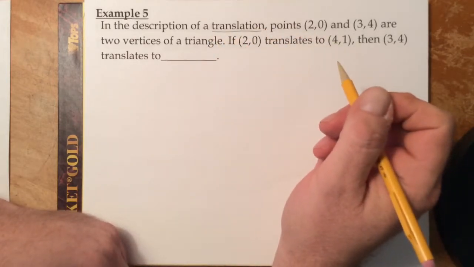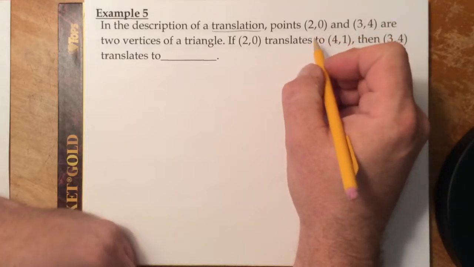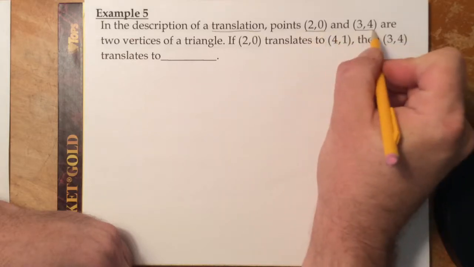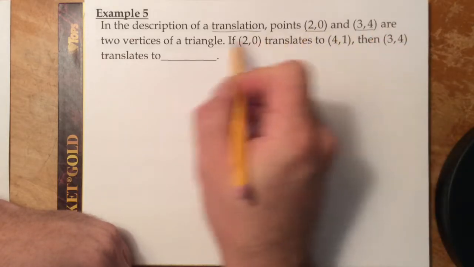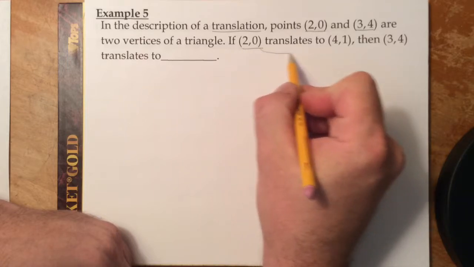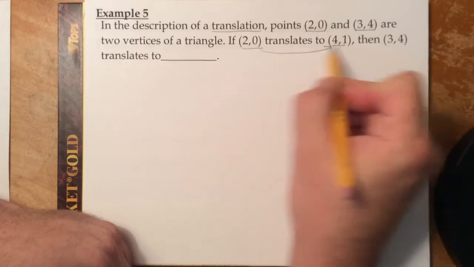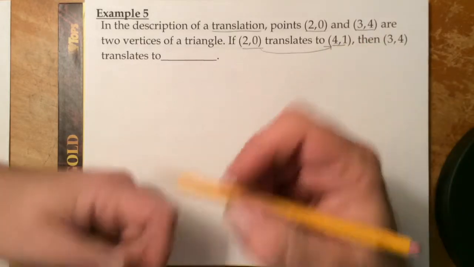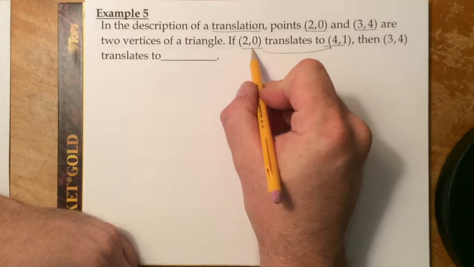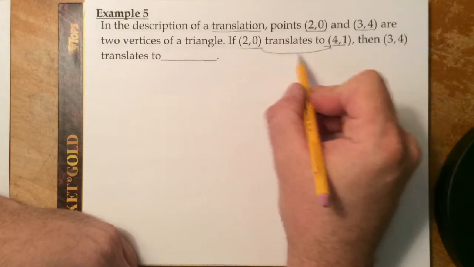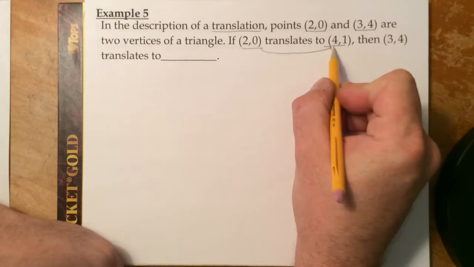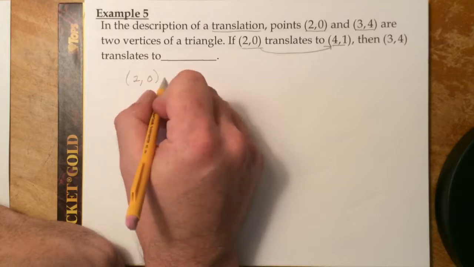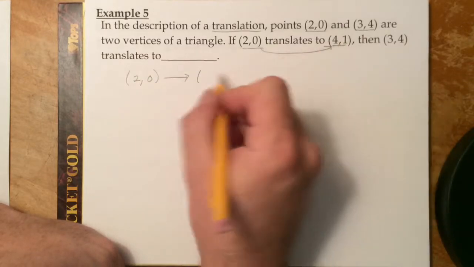We take our original points, which would be (2, 0) and (3, 4). (2, 0) translates to (4, 1). So we've got a complete picture of what happens here in this translation. But for (3, 4), we don't know what it translates to yet. So we take the original point, (2, 0), and see what we use to translate to (4, 1). One way we can do this is by taking both the pre-image point and the image point